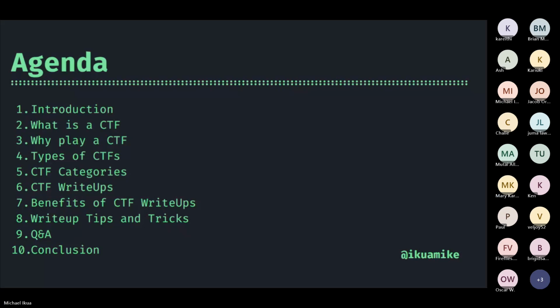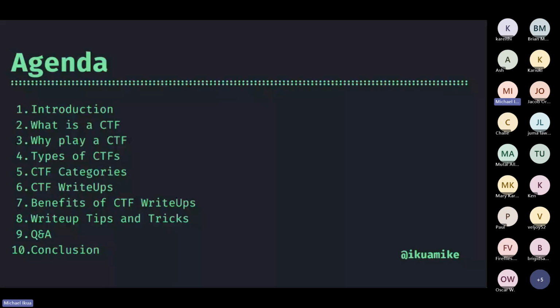Okay, so why would you consider playing a CTF? One is to have hands-on experience of cybersecurity skills. For example, if you are presented with a web application security CTF, then you have to go through your typical steps for analyzing that web application. So it's not going to be theory. There's not going to be any guesswork. You have to just do the thing for you to succeed in that challenge.